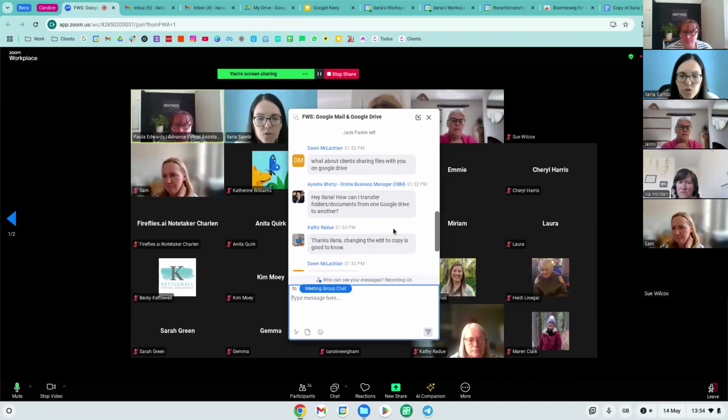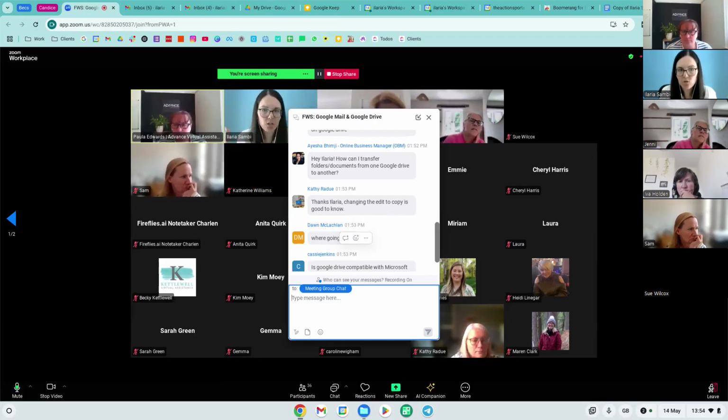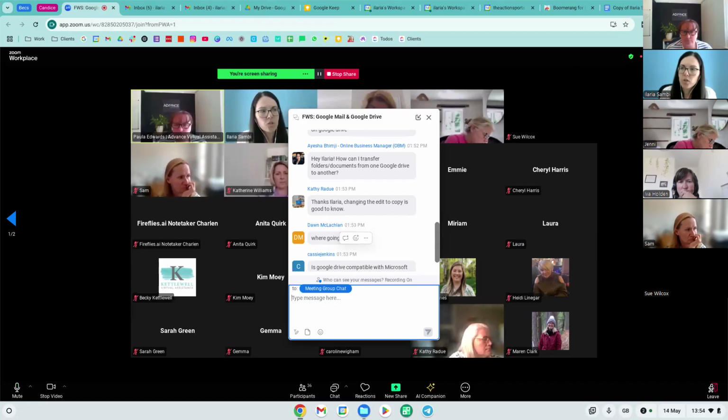How can I transfer folder documents from one Google Drive to another? That is a pain because there isn't a way. So I went through this with a client. I think the quickest way was, for you as a VA, you download everything on your computer and then you move it on the other drive, which is ridiculous. But currently it is the quickest way because if I remember correctly, you cannot. So if you want to share loads of folders with your clients, I remember Googling recently, there just isn't a quick way. I don't know if anyone's tried before or wants to chip in.